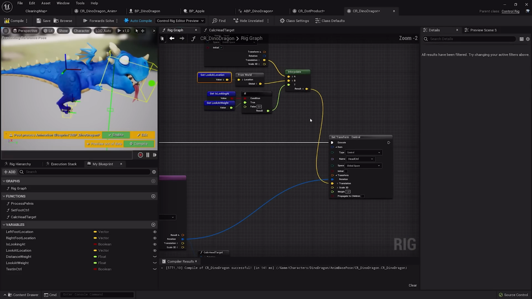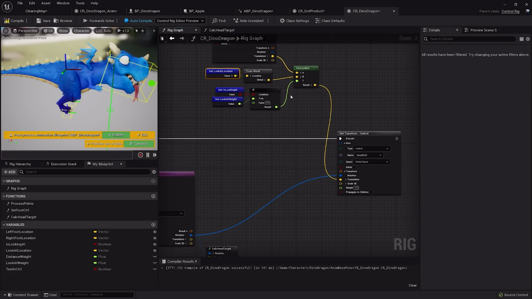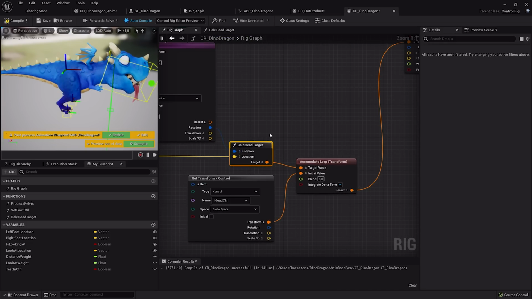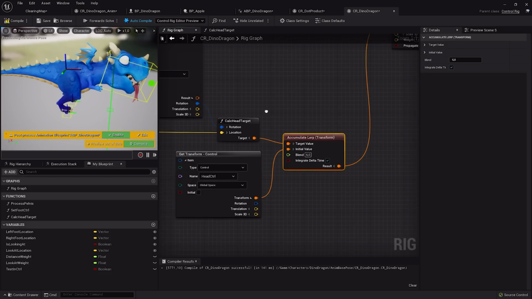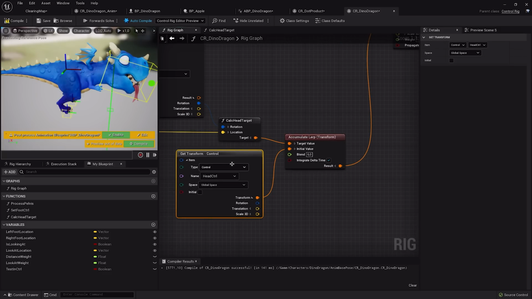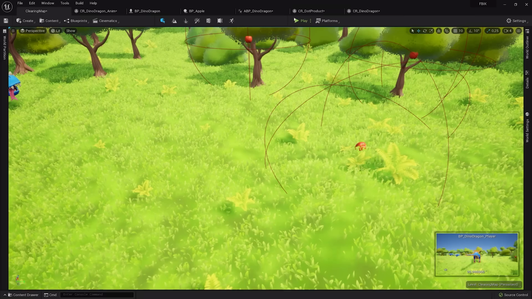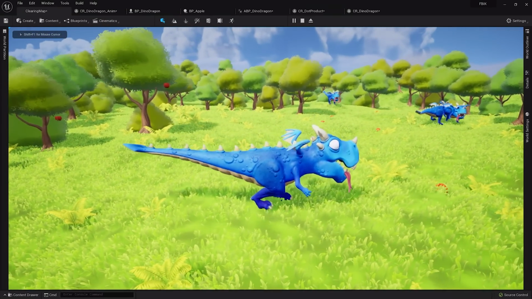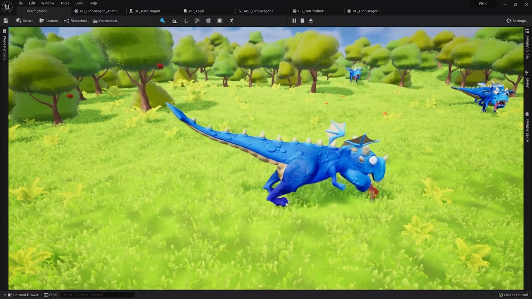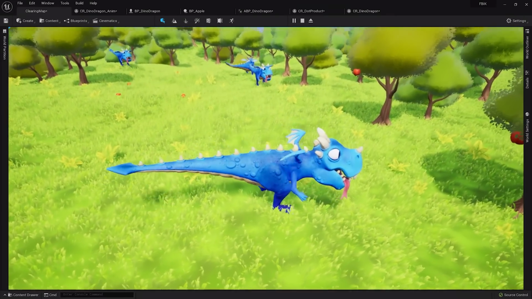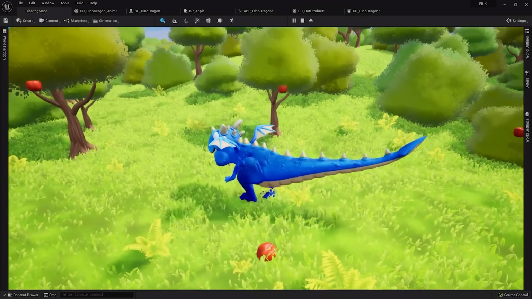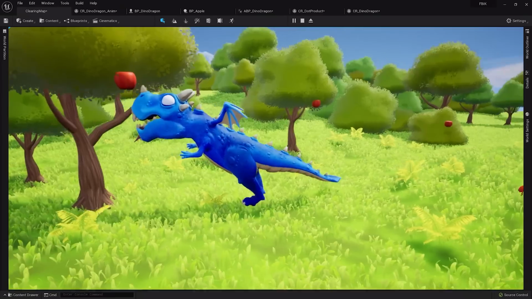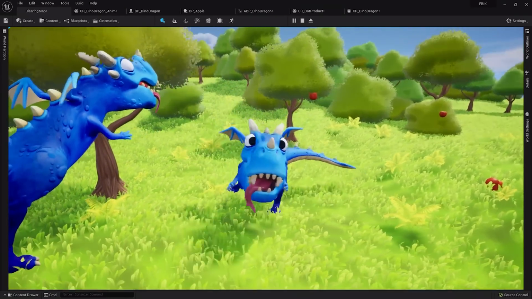And then instead of having a convoluted graph, I made a function, which is here, which does the math using this weight. And then I do an accumulate lerp. So he is moving towards that target I'm giving him. And with this done, we now have a 100% procedural animated dragon who loves red apples. I personally like a lot when he's getting close to the apples that are in the tree, because that pose he's making looks like he's desperately trying to grab them with his tiny hands.